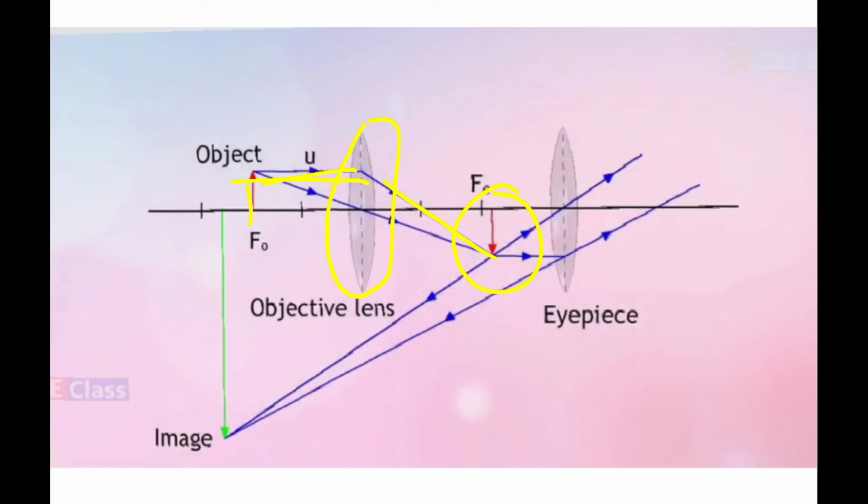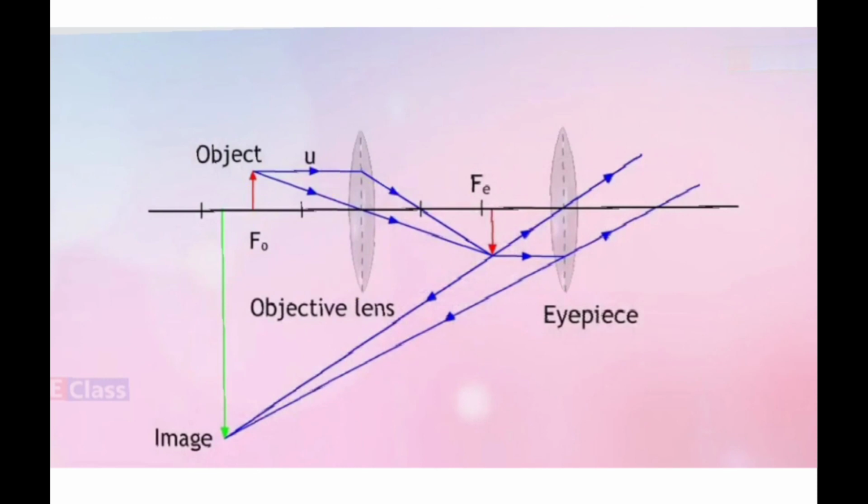Now you are going to adjust your eyepiece in such a way that this image comes within the focal length of your eyepiece lens. So as you all know, when it is within the focal length, you are going to get the magnified image, but it is definitely inverted. So here is your eye. Here is the object, you are going to get the inverted image, but it is too big. See the size of the object and see the size of the image, right? So you are getting a very big image here.